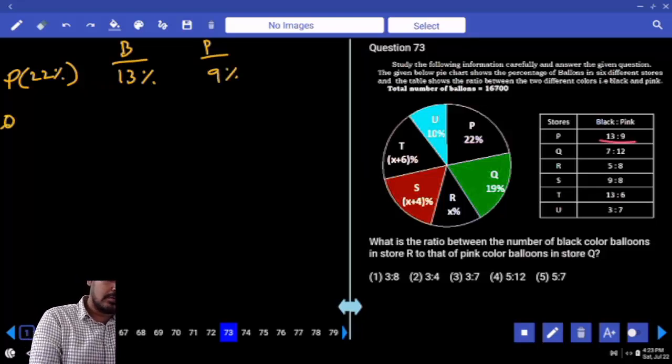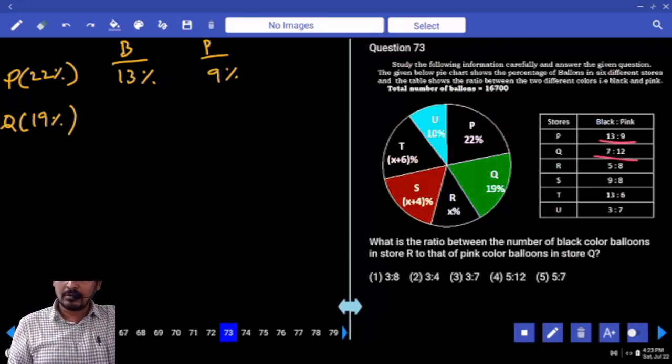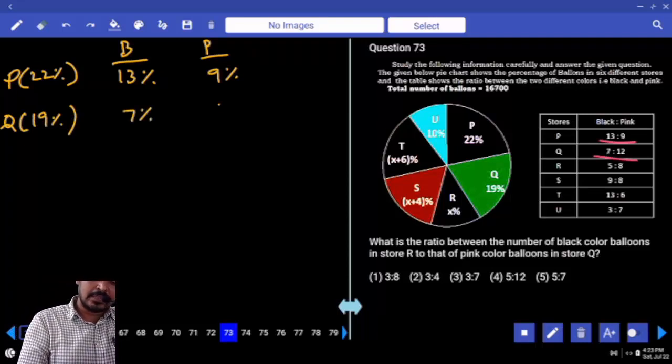In Q, what is the total percentage? 19%. That is split into 7:12. One will be 7%, another one 12%. Next, in R,